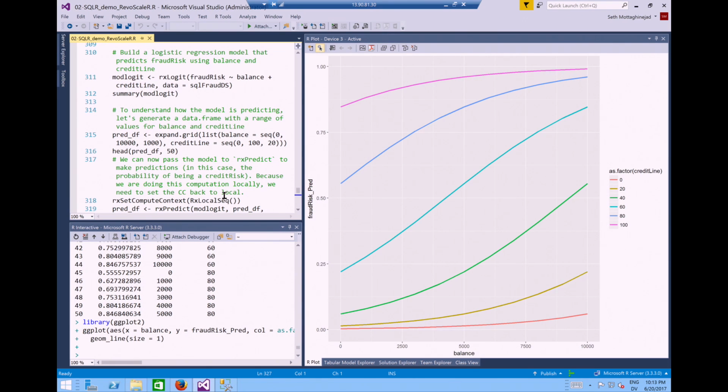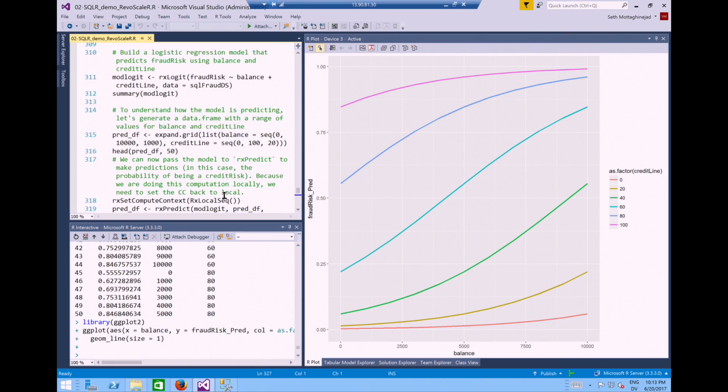So it says basically, if you want to predict fraud risk, you can look at balance. But if you take credit line into account, credit line is a measure of how much debt they have, then some interesting things come out. If you have next to no debt, then knowing your balance doesn't really help you in deciding if you're a fraud risk or not.